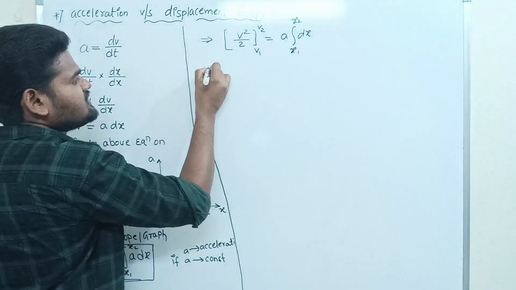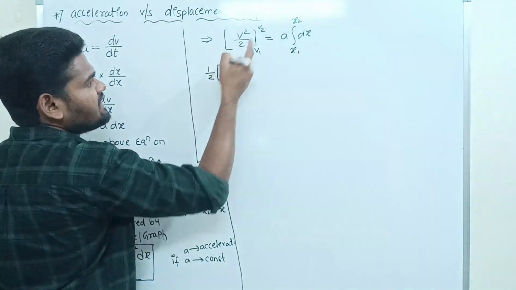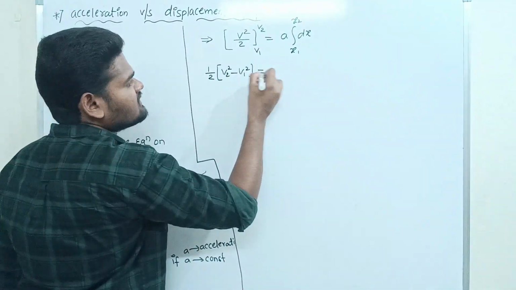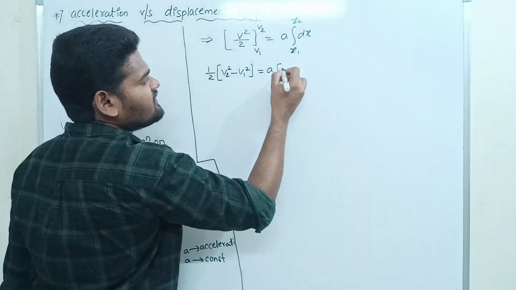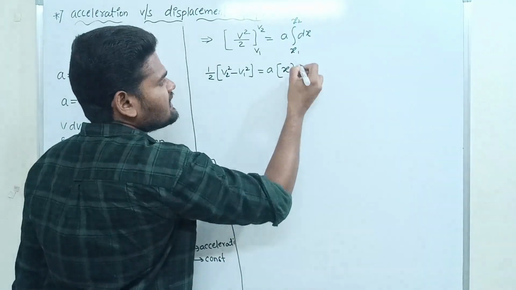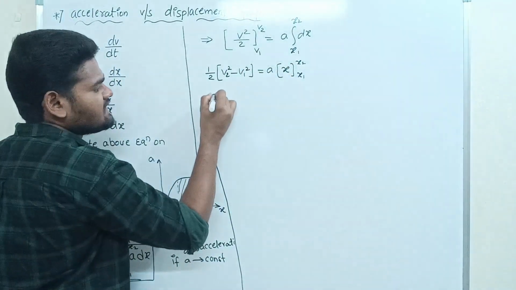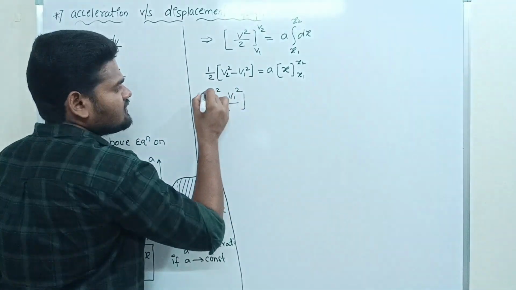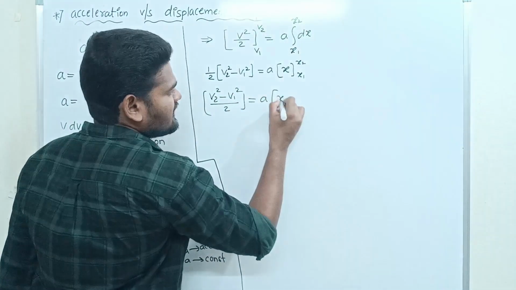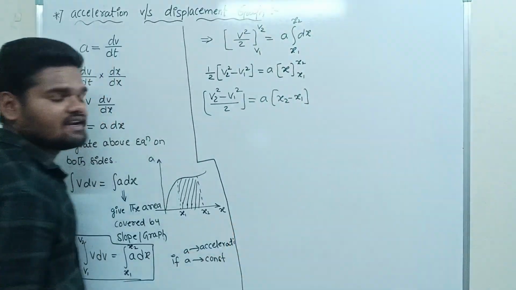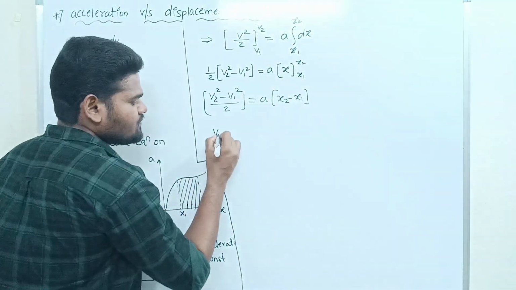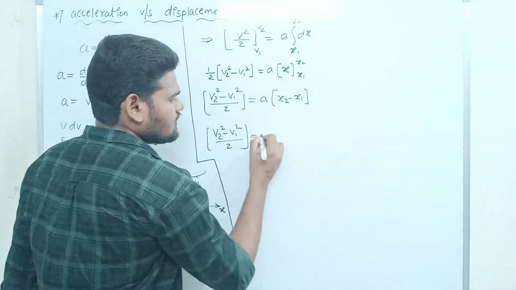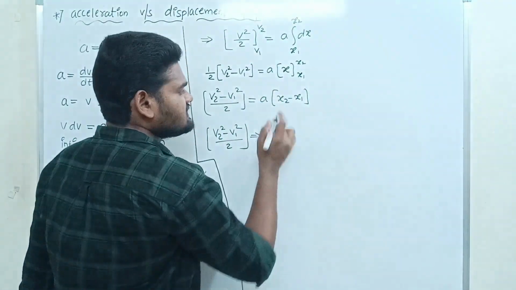So v square by 2, I'm just writing 1 by 2 outside. So we will get upper limit v2 square minus v1 square, that is equals to a into integration of dx. It becomes x, limits are x1 to x2. I'm just writing this equation as (v2 square minus v1 square) divided by 2 is equals to a into (x2 minus x1). So finally (v2 square minus v1 square) by 2 is equals to a into, so this term, what is this